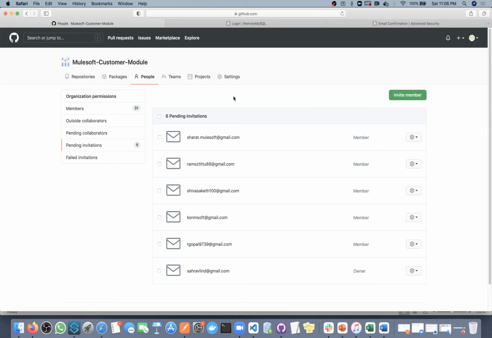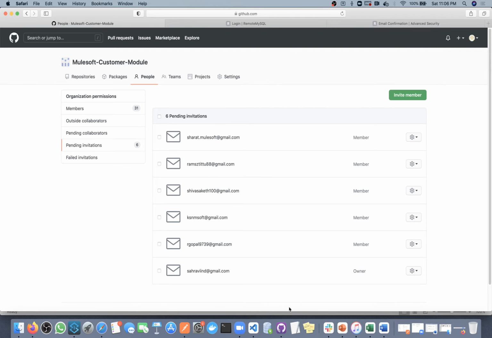Okay, so you have access to that payment module. You used the same email ID in both places. So you just need to log in, and now I will add some repositories and you will be able to see them. Have you completed the login part? Payment module, are you able to see it? Okay, then you are in the correct place. No need to do anything. No, this one is the organization. I added you inside the organization. Once I add a repository, then you will be able to see it.